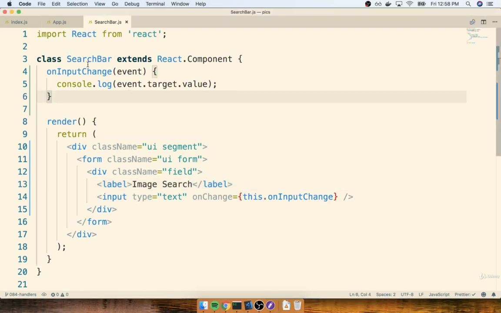In the last section, we defined a callback of onInputChange, and we passed it to this prop called onChange on our input tag. Now, as we saw, we very easily got a console log out anytime that we change that text input. In this video, I want to very quickly do a refactor here just to show you an alternate way of writing out this event handler.